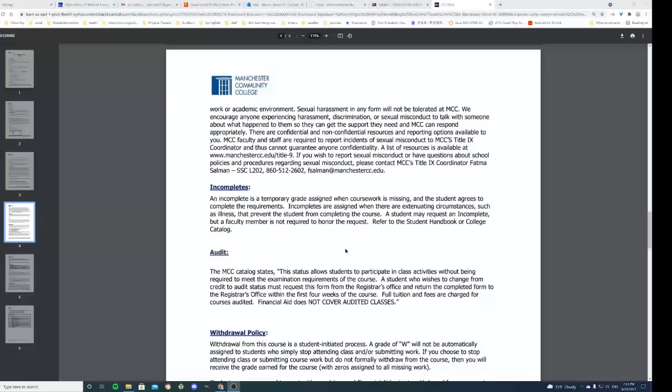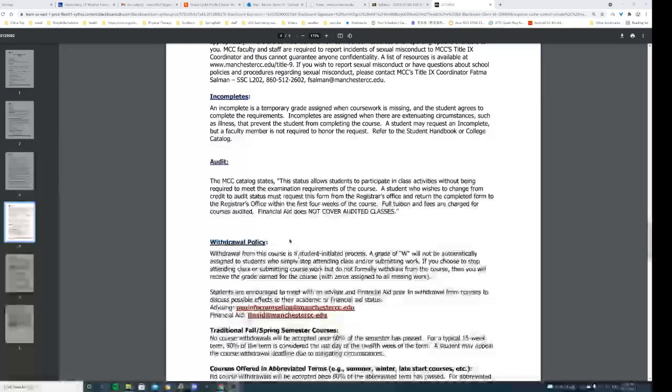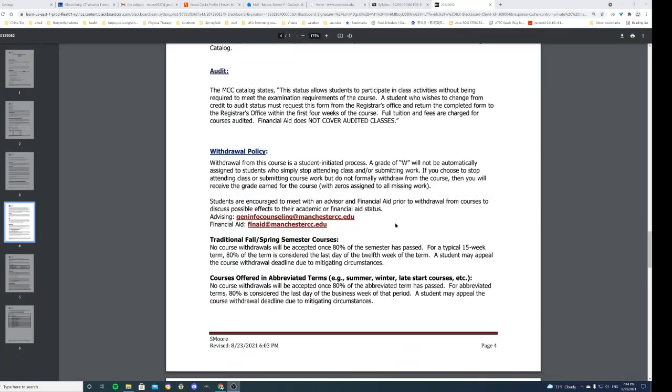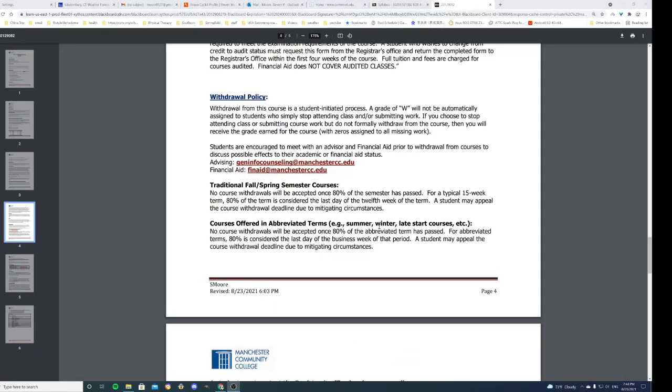All right, incomplete. So any extenuating circumstances for whatever reason you couldn't complete the coursework on time, this is always an option, okay? All right, audit, if you need to take an audit, okay? Withdrawal policy. So this appears to be a bit different than what we've had in the past, okay?